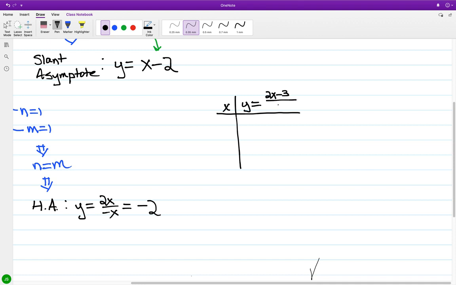We'll pick a couple of points of x less than 3 and a couple greater than 3. So let's say we have 1, 2,